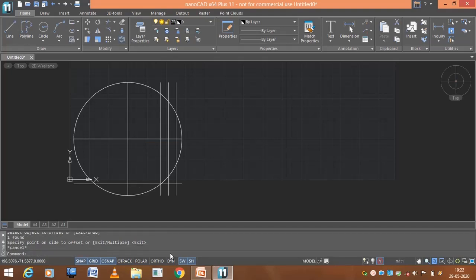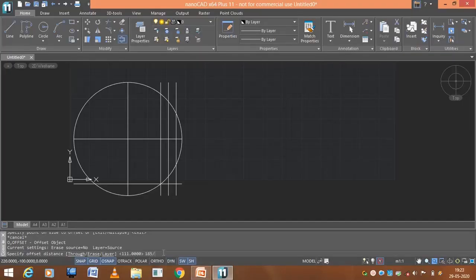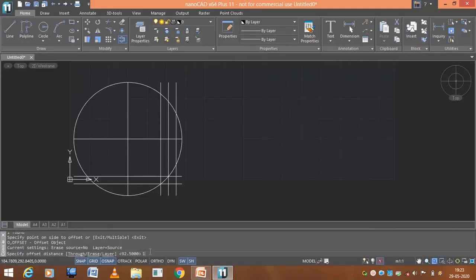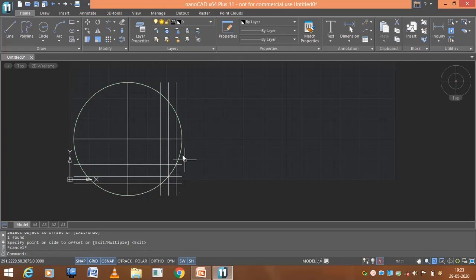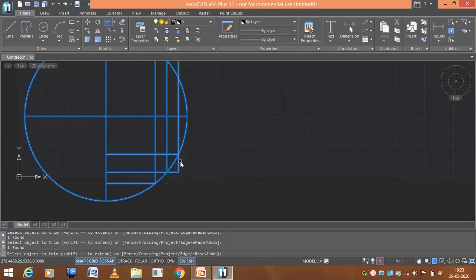Okay, this is the first step, and the second step is 185. So the distance is 185 by 2, and the horizontal axis will be the object, and let me locate on this side. And the step 3 will be 126. 126 divided by 2, this. So I'm mainly concentrating on this quadrant here. So now let me go for trim, Control A and then trim. This is the step from here to here.